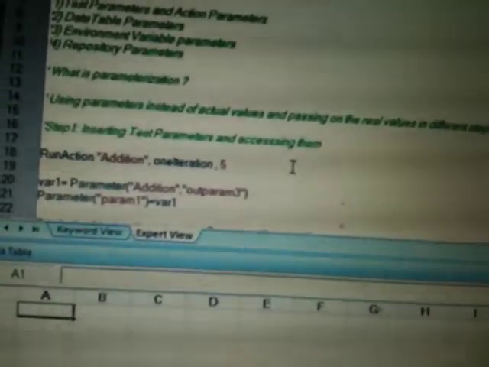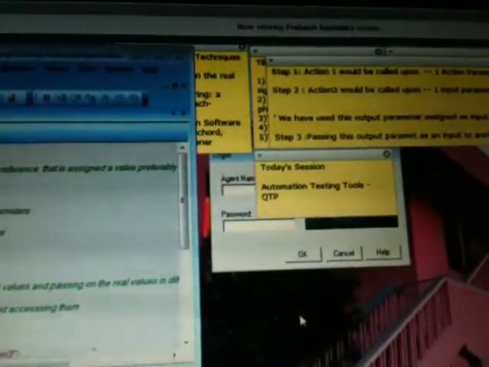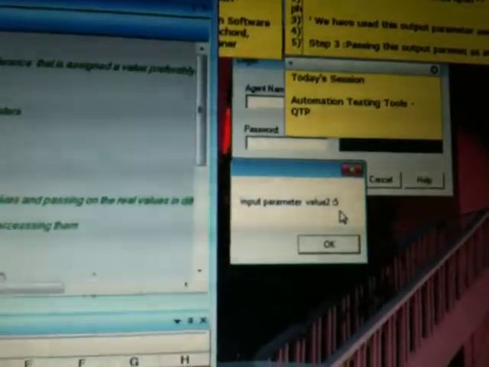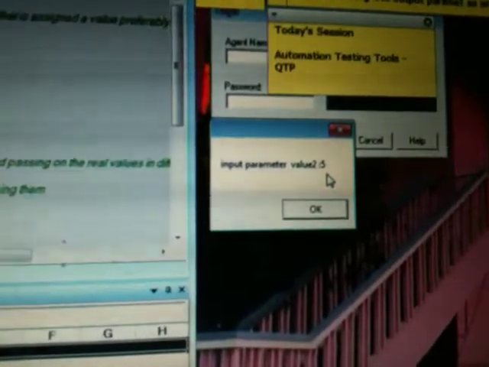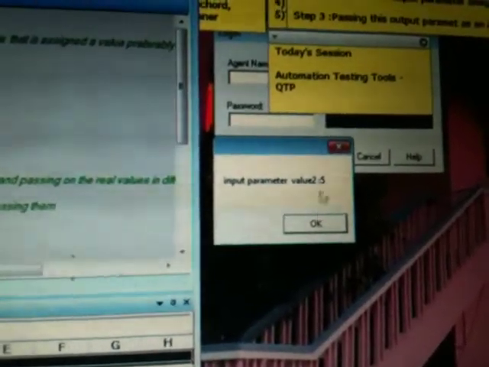So let me pass an input parameter as 5, for example, and try to run the script. Does it throw an error or not? We will see. So the input value parameter is 2. See, it has taken the output parameter value as 5 here. Why? Because it always assumes the recently defined parameter value. Then after computation, the value has become 27. And after assigning to a different action, the value is 27.